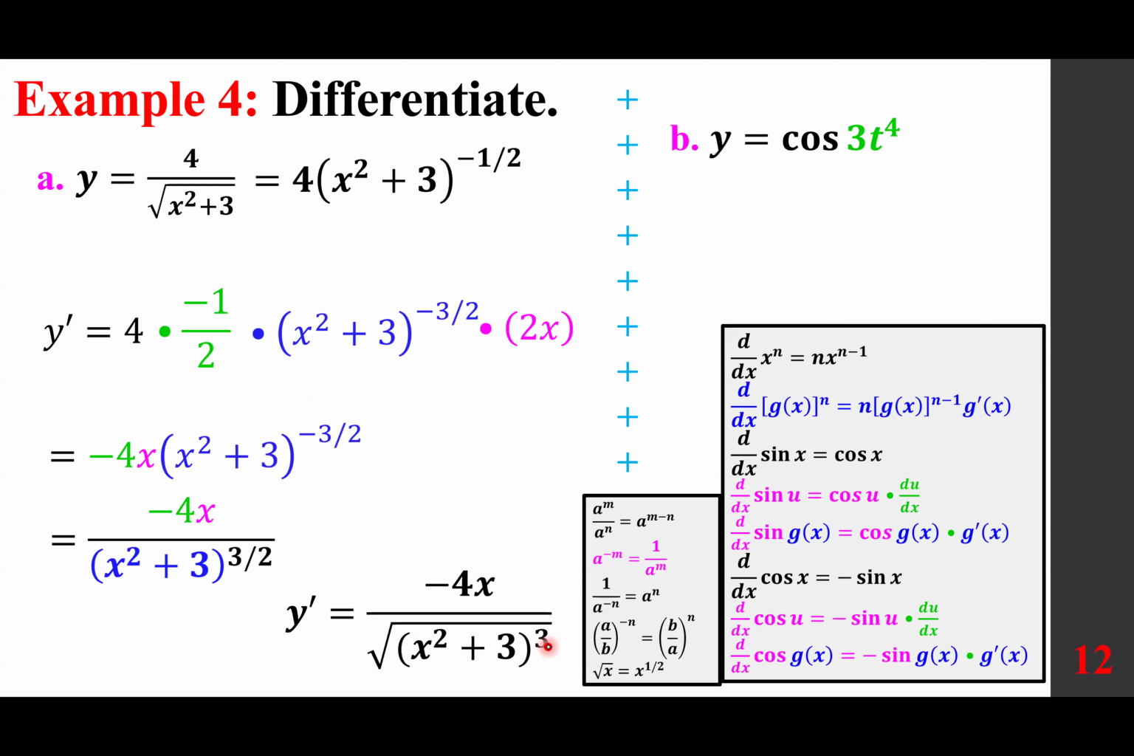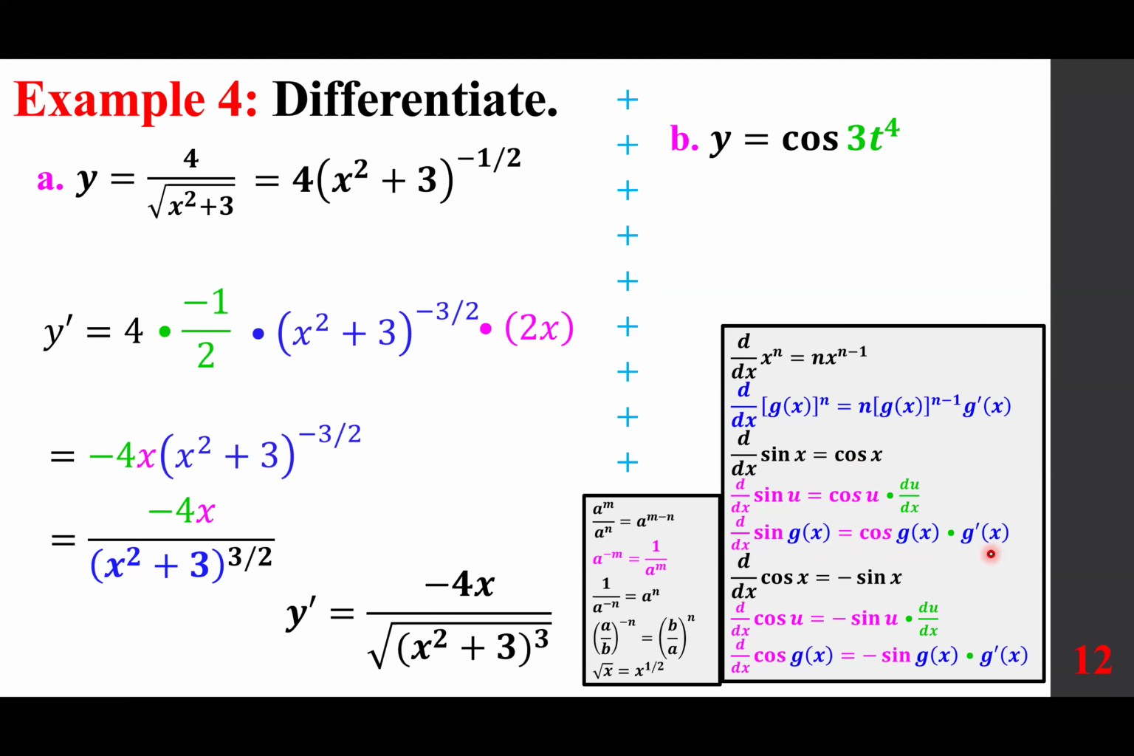What about y equals cosine 3t to the power of 4? I want to mention a couple of things. Number one, reminding you that the derivative of sine is cosine. But if it's sine of u, you can say cosine u du dx. If it's sine of g of x, you can say cosine of g of x, g prime of x. This is the nature